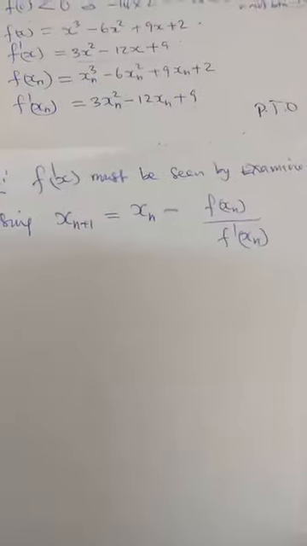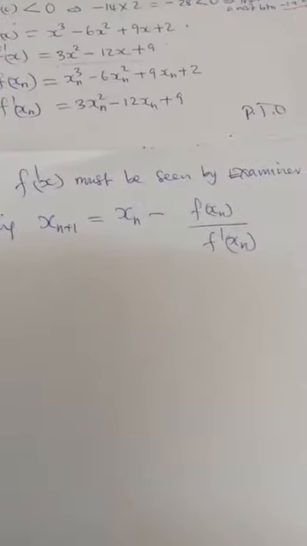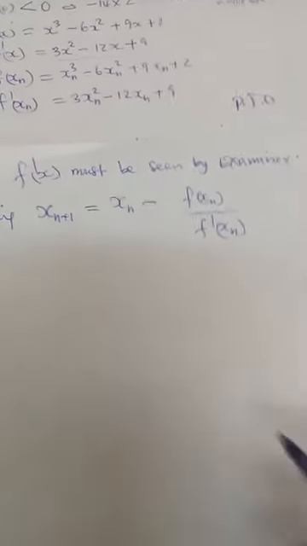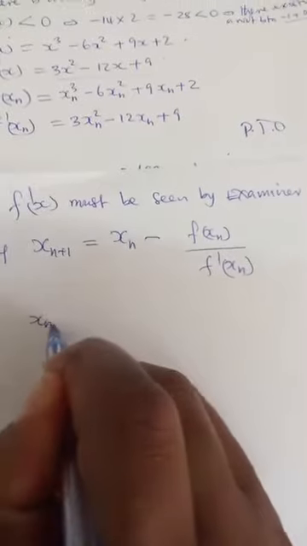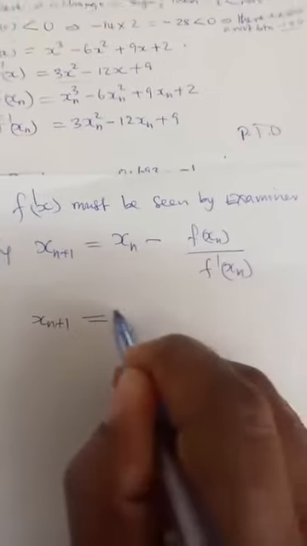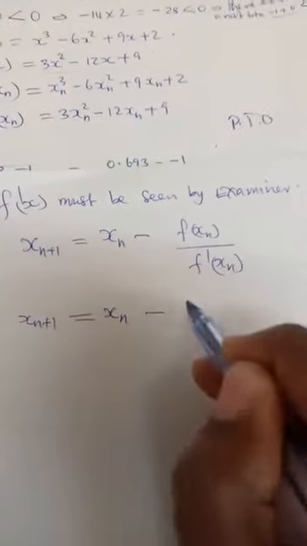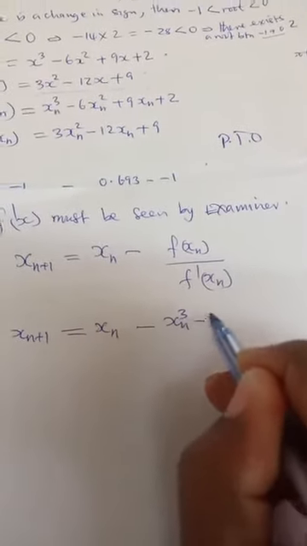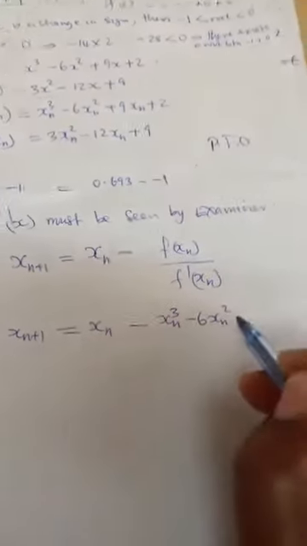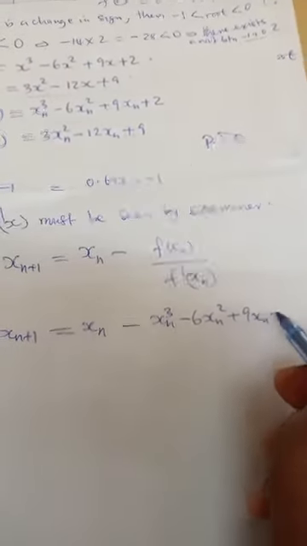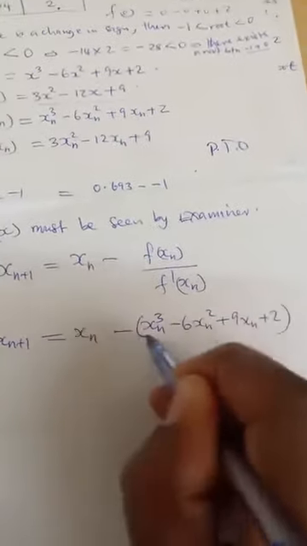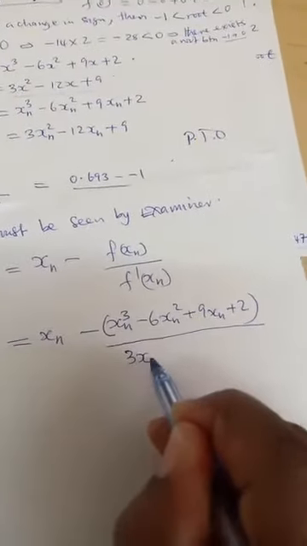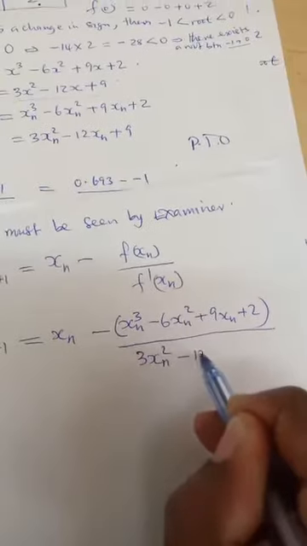With example successfully. If we substitute in our xn plus 1 will give us xn minus our f of xn, which is xn cubed minus 6xn squared plus 9xn plus 2, remember there is a bracket here, over the derivative, which is 3xn squared minus 12xn